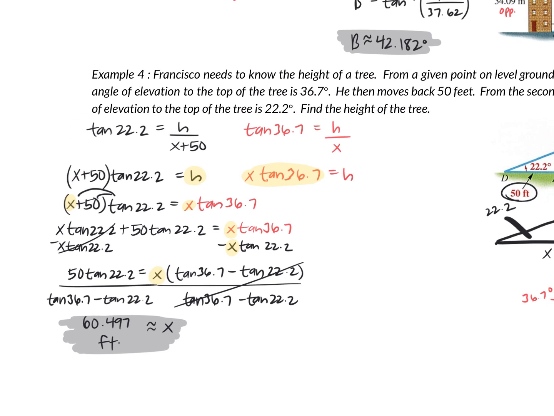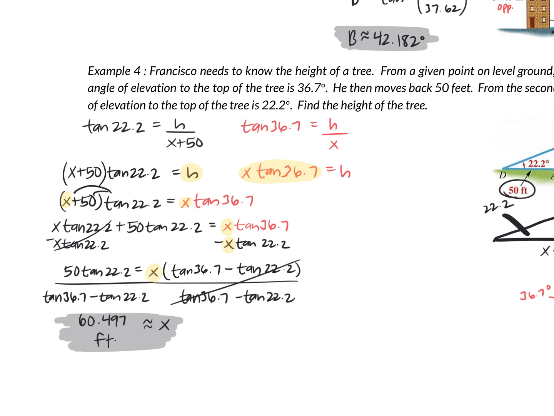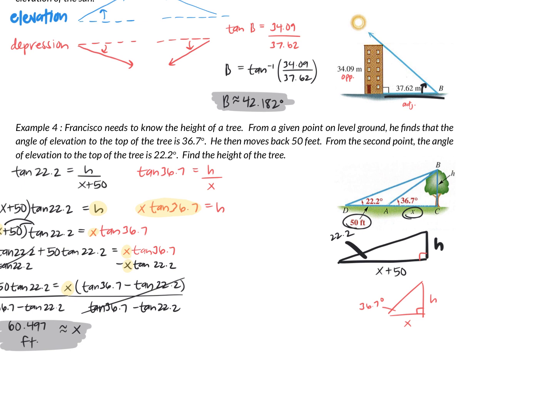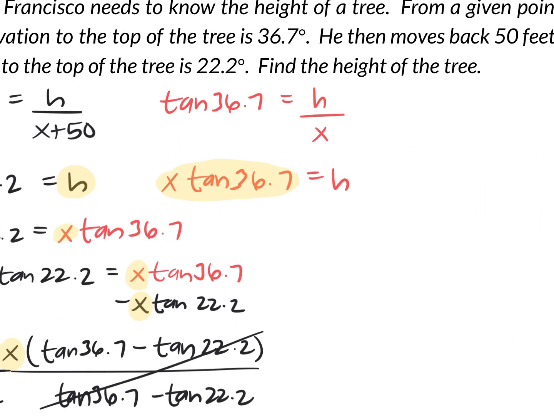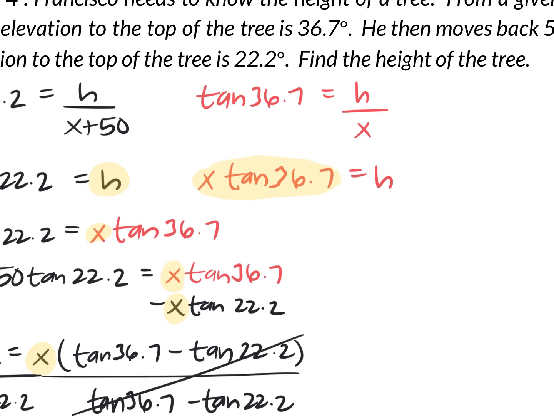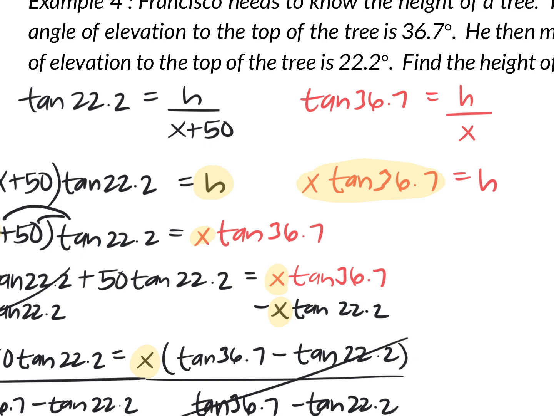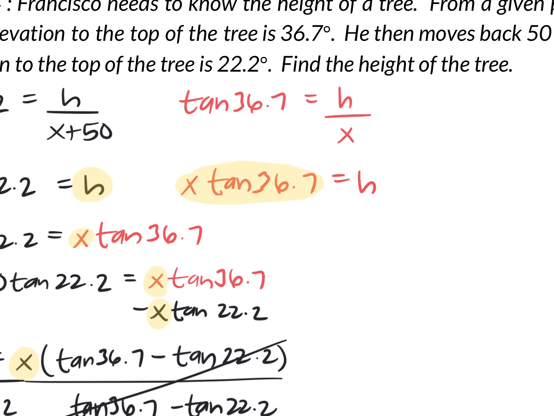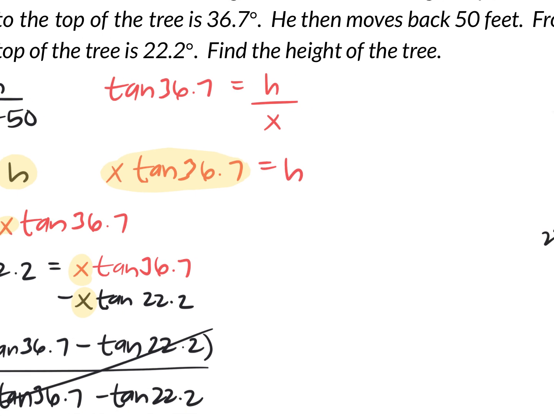Let's go back and look. Okay, it says find the height of the tree. We found x. x is just the distance, right, between that first spot where he was looking up and the base of the tree. If I want to find h, what am I going to have to do? Just one step. We just got to plug it in, right? Don't we have a formula for what h equals? We have actually two of them, don't we? I would say we use the one over on the right side, though, because there's one less thing that we have to plug in. So I can just take this and plug in my x, which was